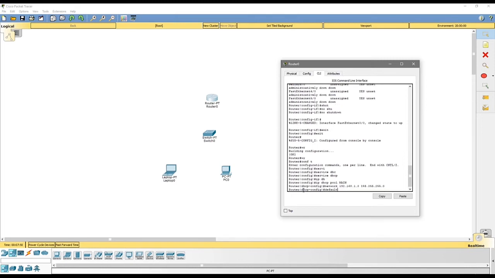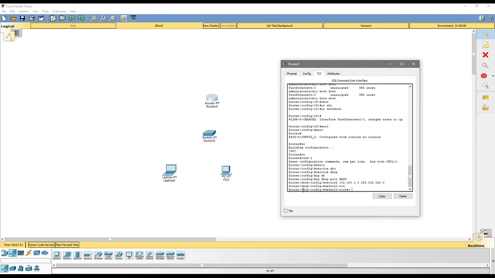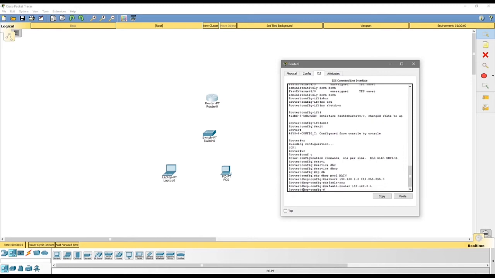We're going to have to define the default router. So what's our router going to be? Well, this is our router, and we assigned the IP address at 0.1, and I noticed that I made a typo here. So what we'll do is I'll go back. So if we give this 0.1, and I will say no network